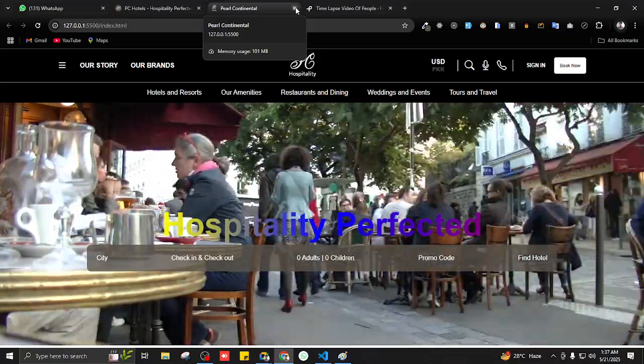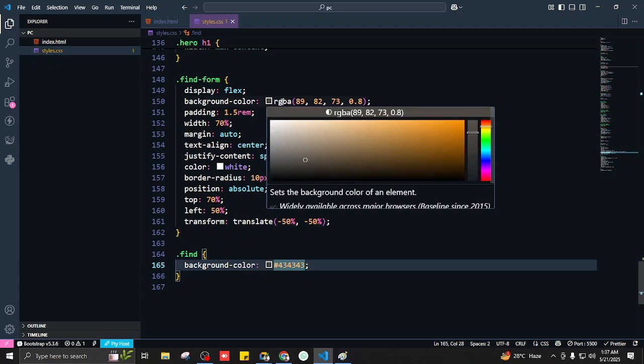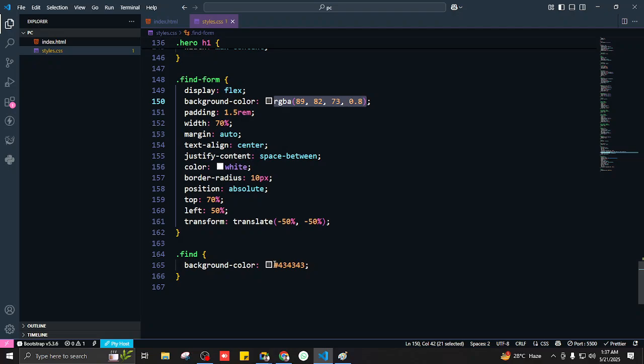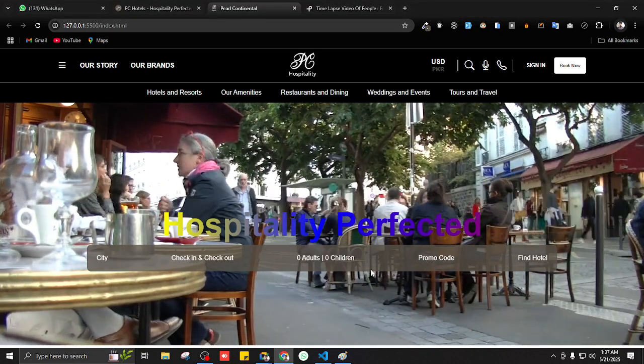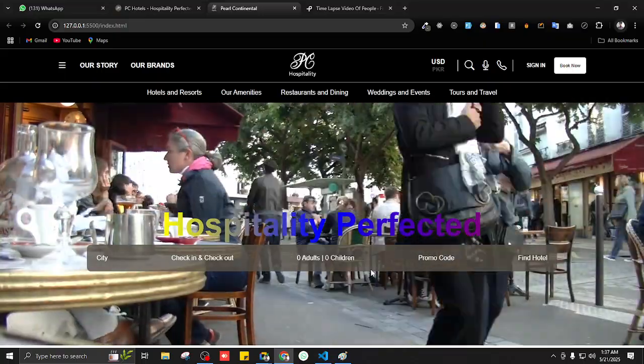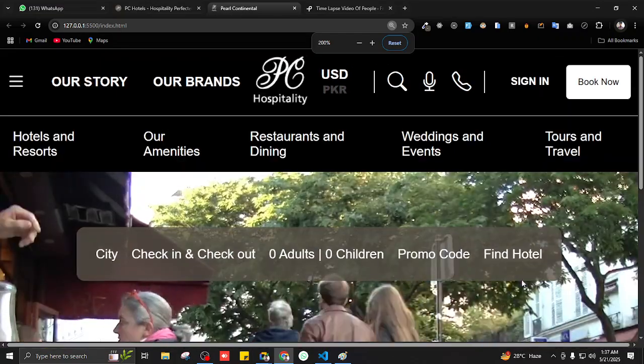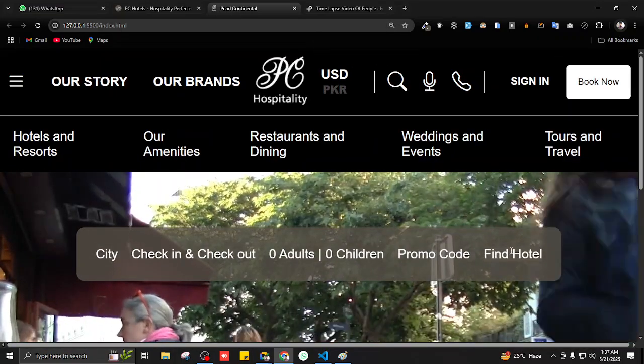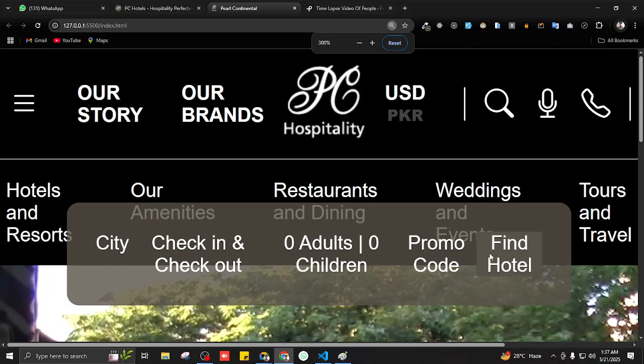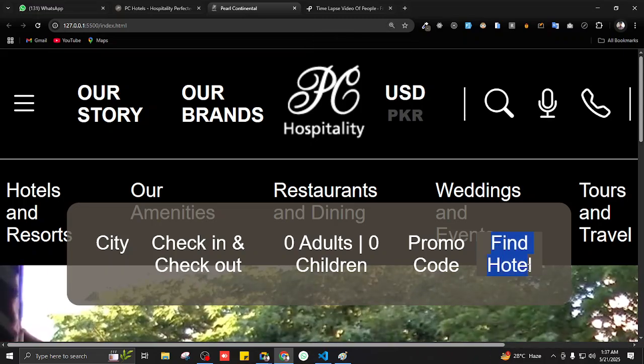No, it's not working because above we have RGBA, so that's why this hex isn't working. So let me copy this RGBA and replace it with this hex, and I want this to have an opacity of 1. It is working, but there's a problem. Wait, let me zoom in. Can you see this thing? It is working, but